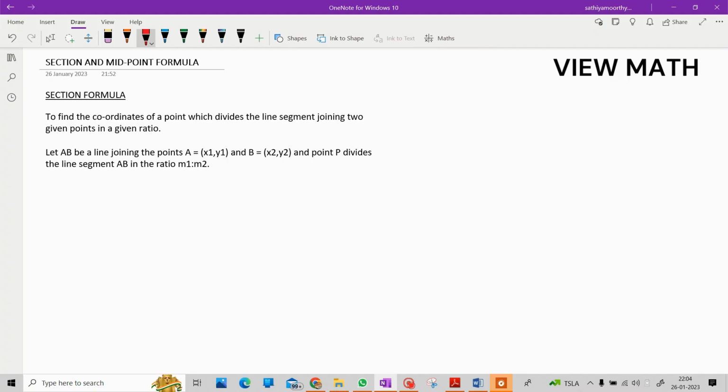Okay, let's see section and midpoint formula. In that, first let us see the section formula. Section formula is used to find the coordinate of a point which divides a line segment joining two given points